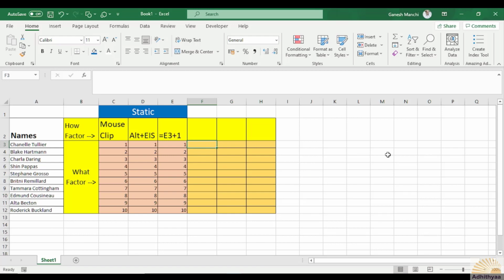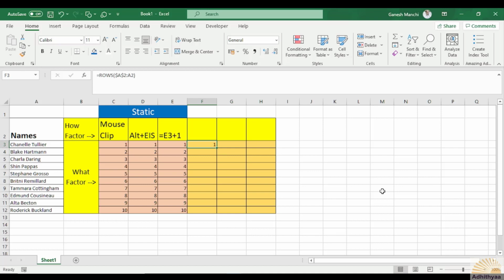I am going to say equals to ROWS, open bracket. I will probably say the same one. That means A2, this one, same row only. Wherever you go, it will be the same row. A2 colon A2, close bracket, and the first A2 you need to lock. And now press enter, you will get 1.